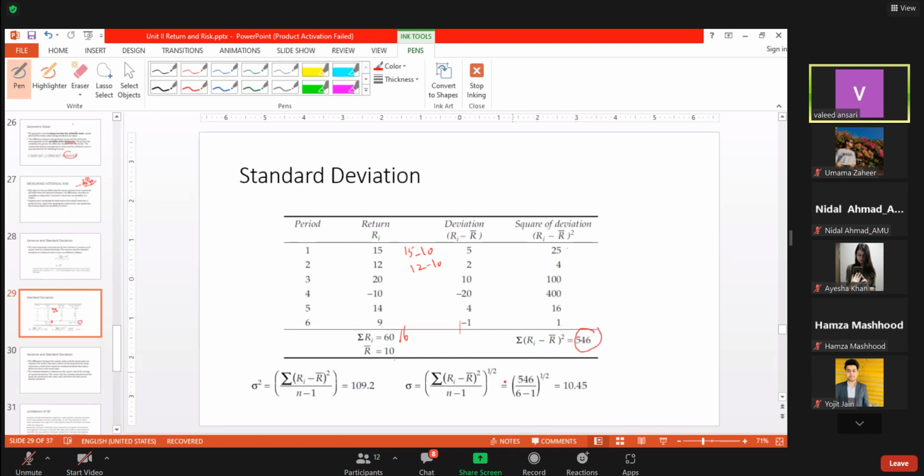Now this 546 is divided by the number. You can divide also by 6, because in some cases we get a certain value, let us say. Now this is the variance. If we take the square root of this, it will become the standard deviation. The standard deviation of the stock is